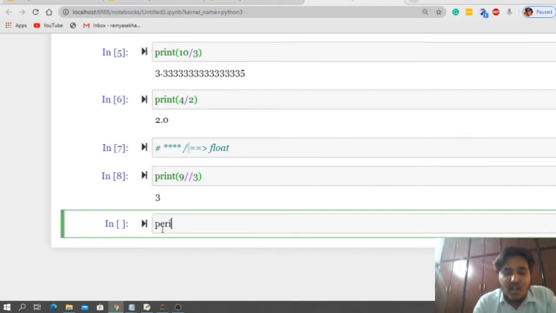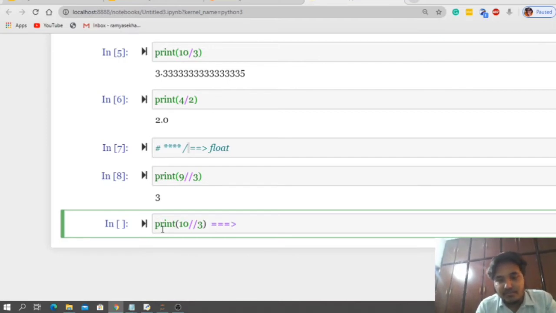Is it clear? Now I am going to print 10 floor division 3. Can you guess what the output is in this scenario? In normal cases, we would get 3.333, right? But we are doing floor division. What is the difference between floor and ceil? Are you aware of that?